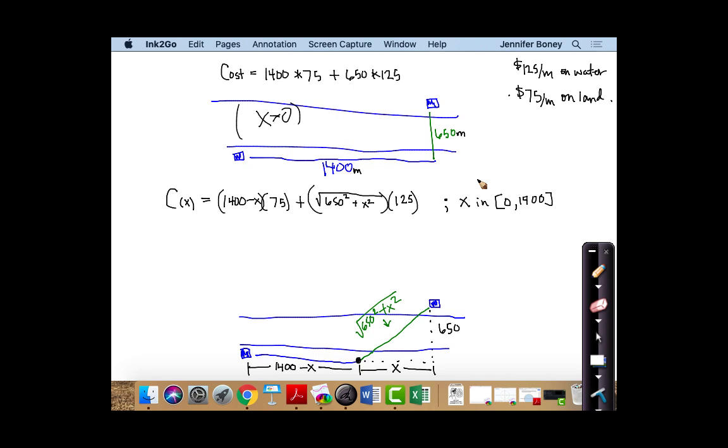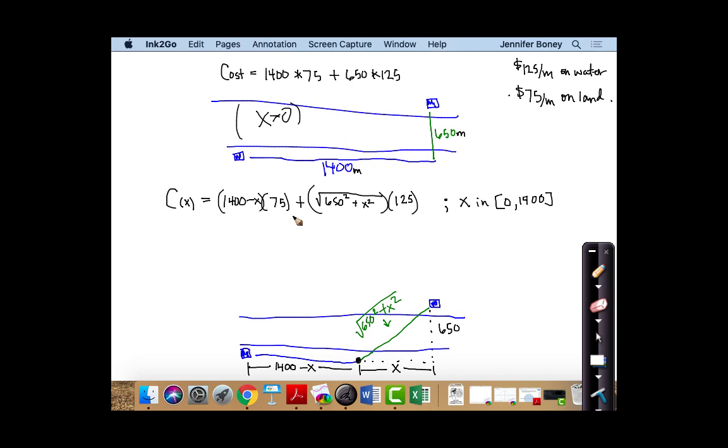So if we find this critical value between x equals 0 and 1400, and it's the sort of critical value where the derivative changes from positive to negative, we've got a maximum. If it changes from negative to positive, which is what we want, we'd have a minimum. So